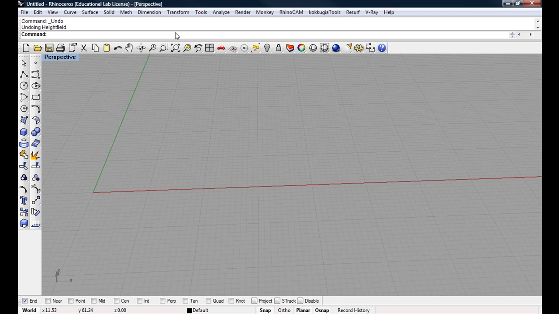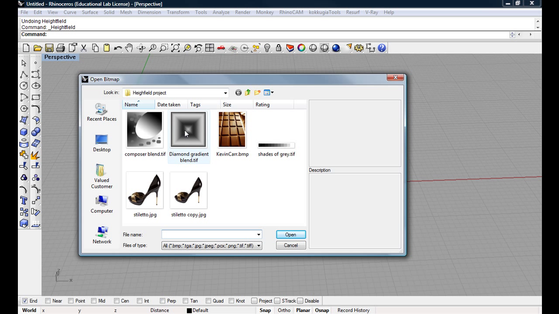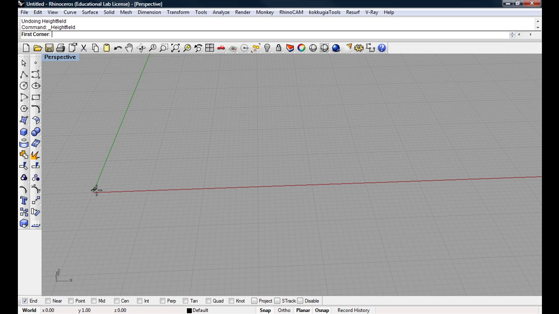I'm going to just undo those and go back in, do a height field again. That was with sort of a discrete sectioning of black to white. What about with something that's a continuous tone, like an image like this, for instance? If I were to use this,